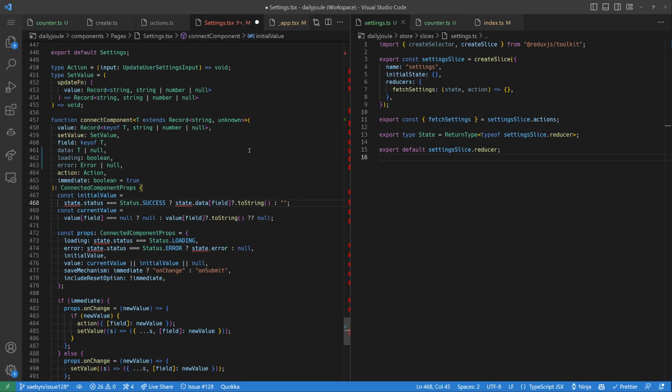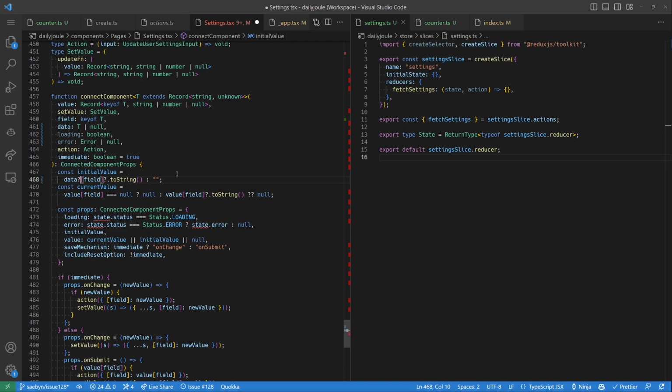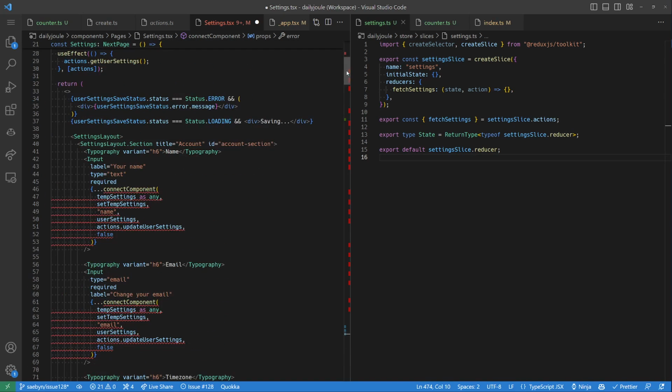Right, so then this goes away. And then this just becomes this. And that becomes that. And no more type error there. Instead, type errors everywhere else. Okay, so